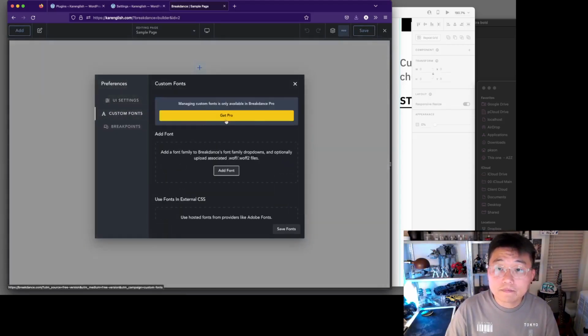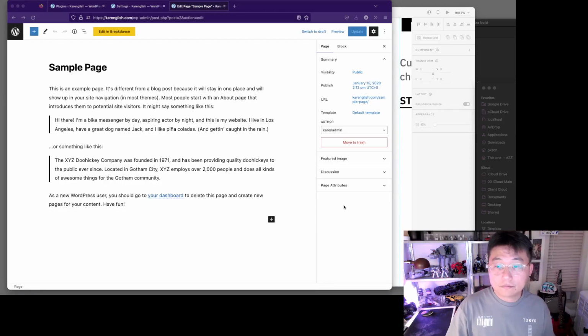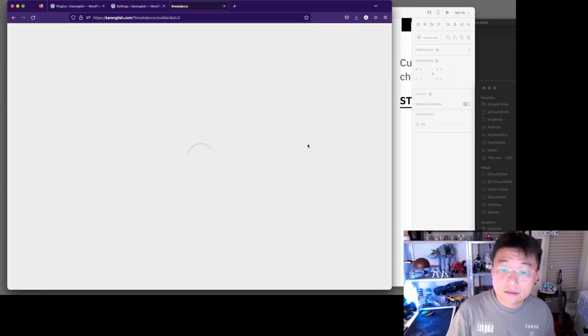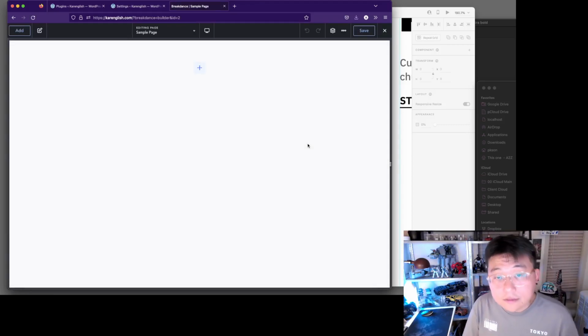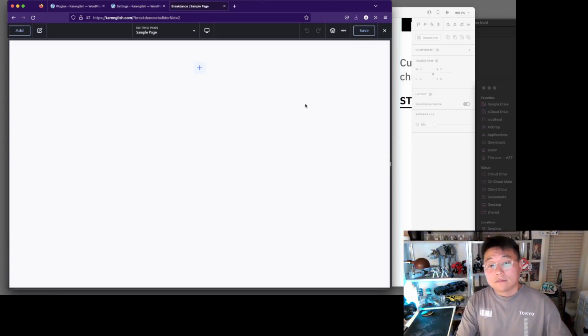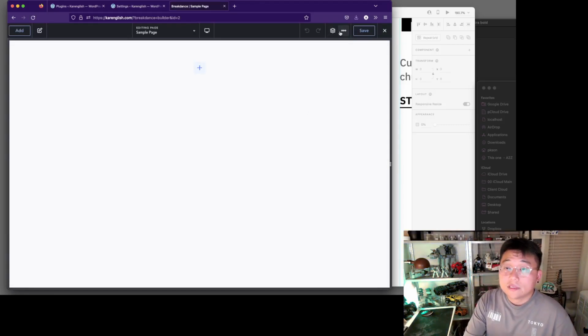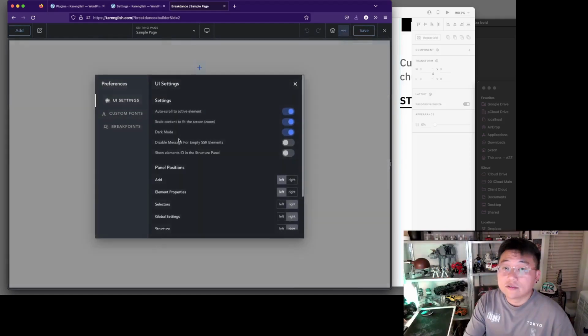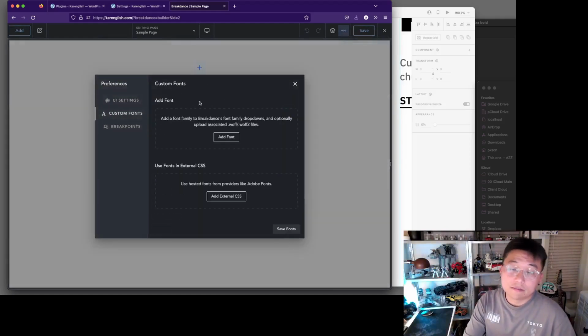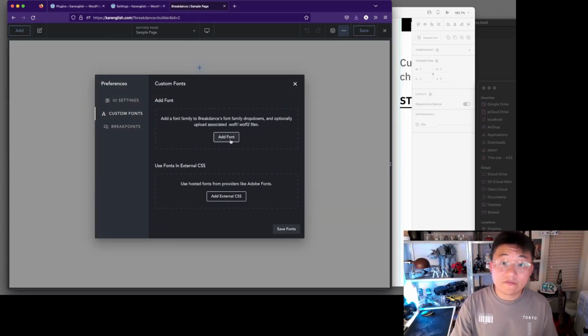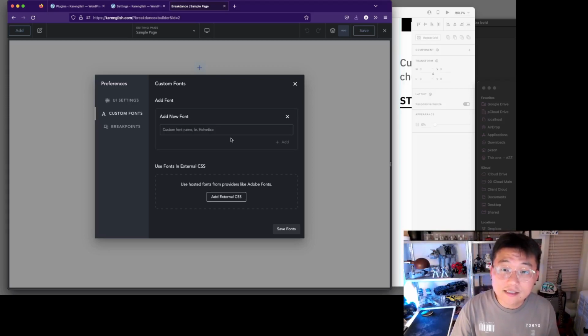Okay. Need to add my thing. All right, give me a second. All right, save the license, and now we're back. And you can see in preferences that custom fonts, yeah, works. Okay, so let's add some fonts. All right,